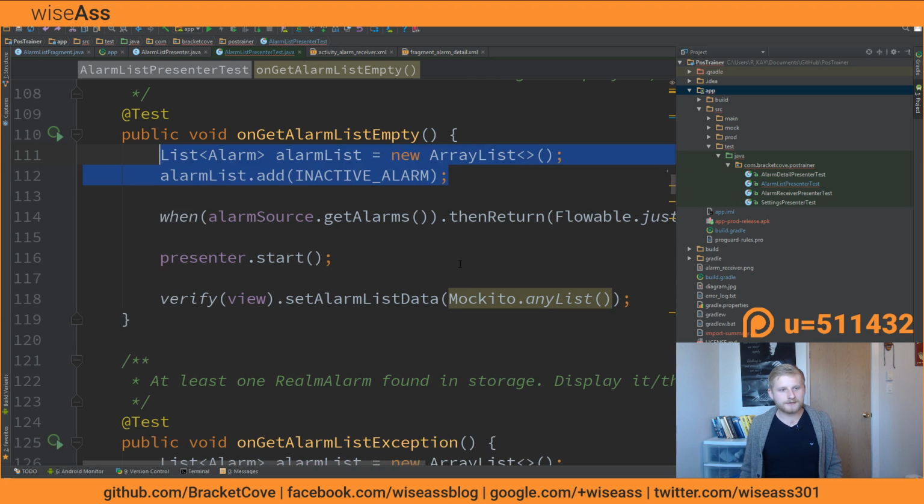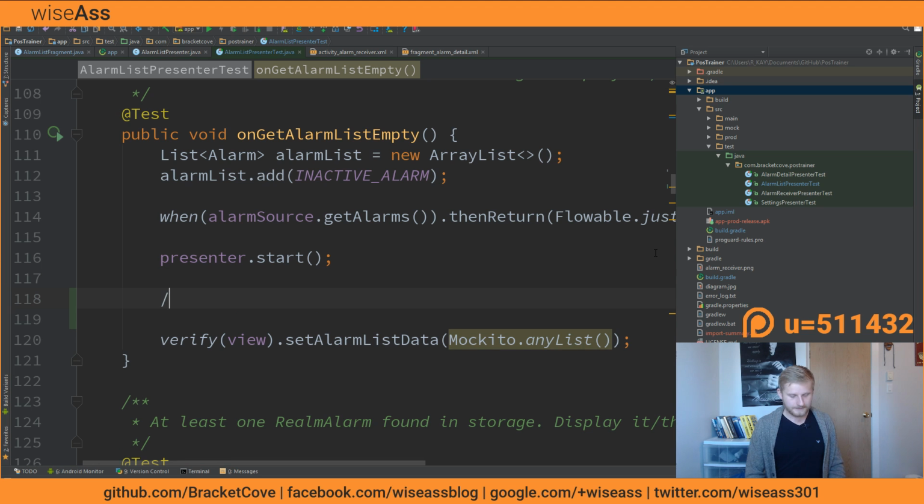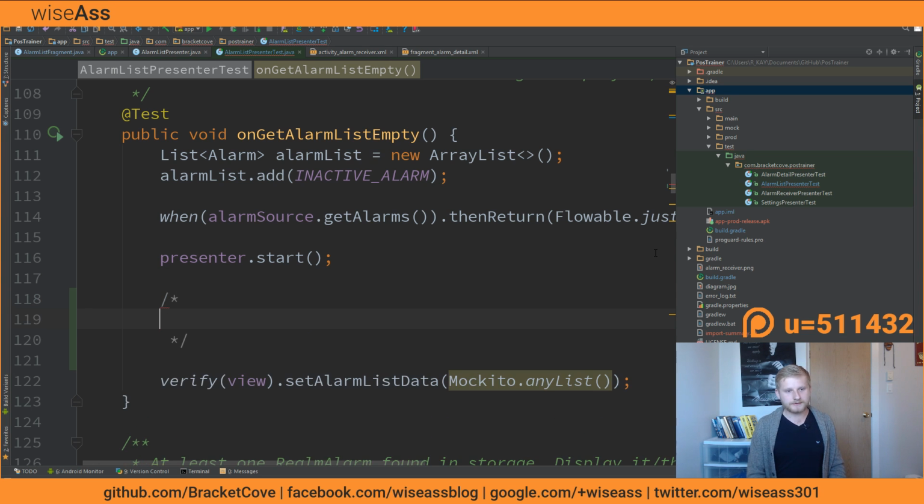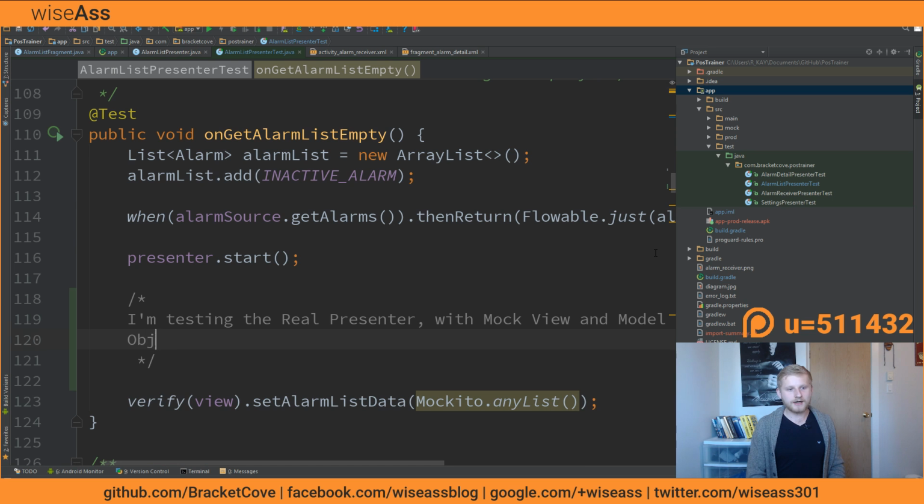And then when this actually executes, I just check to see if the presenter receives that data, and then it calls this particular method on the view. So in essence, and hopefully this will make things a little more understandable, I'm testing the real presenter with mock view and model objects.